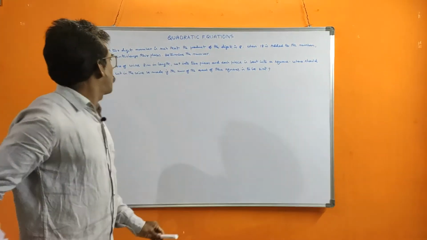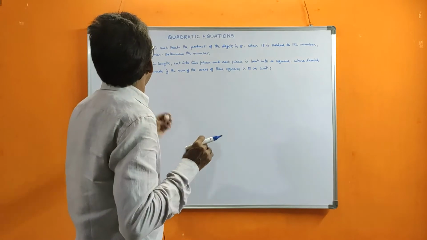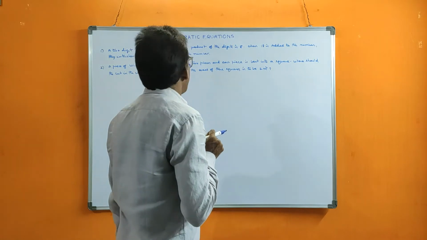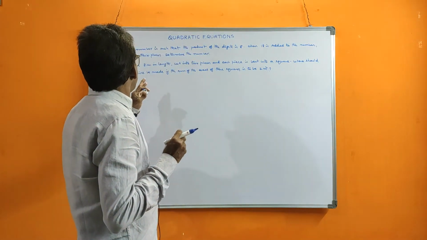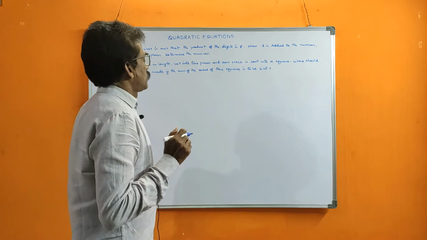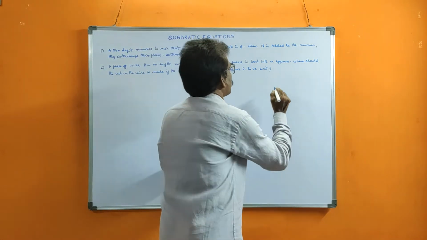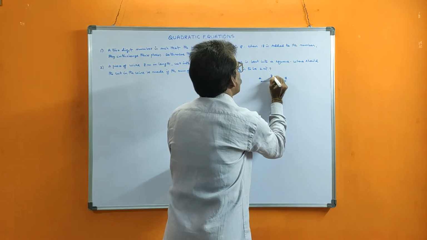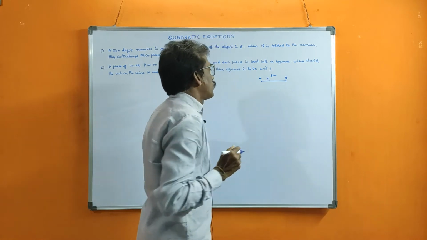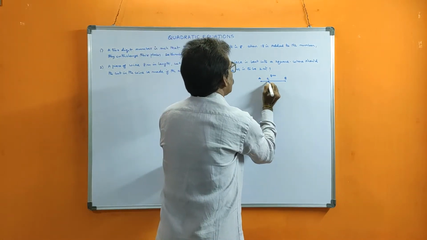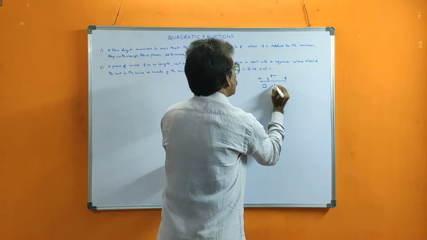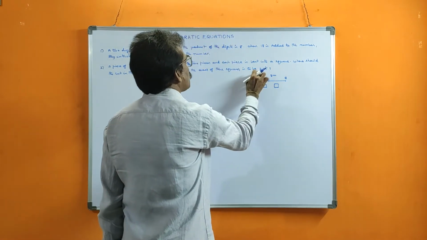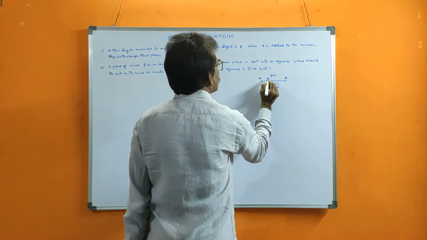Now next problem, see, a piece of wire 8 meters length is cut into 2 pieces and each piece is bent into a square. Where should the cut in the wire be made if the sum of the areas of squares is to be 2 meters square? Suppose a wire is there, suppose AB of length 8 meters. Somewhere we should cut. Suppose here I cut, then this I will bend into a square, this piece also I bend into a square. So this area square becomes 2 meters square, like that, such that we should cut.